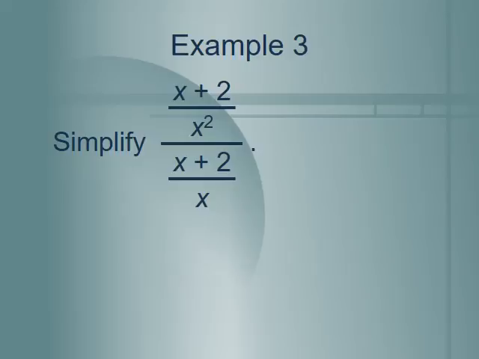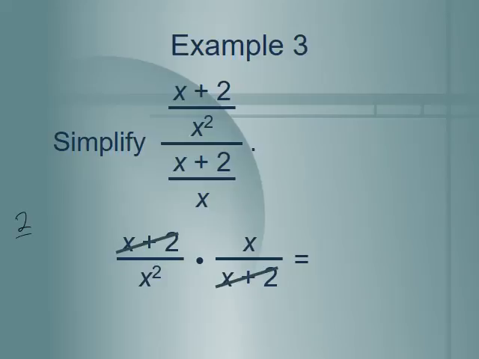Okay, so this one has a little bit more to it. It's x plus 2 over x squared divided by x plus 2 over x. So one method of solving this, there are a couple different ways of solving it, but the main one we're going to focus on here is to simply use the reciprocal of the second expression and multiply. We know how to multiply x plus 2 times x and x squared times x plus 2. We can cross-reduce, just like if we had 2 over 3 and 1 over 4,